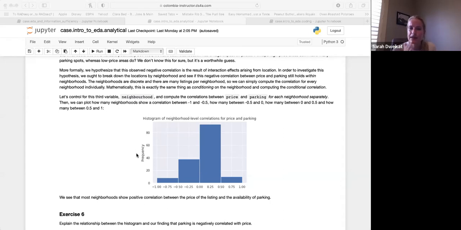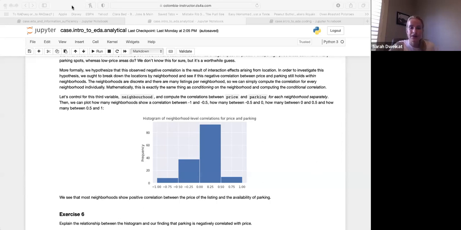So why do you think that overall, when we plot all of our rental data points for New York, we see no relationship, slightly negative, but when we break it down by neighborhoods, it seems like more neighborhoods actually have a positive correlation with parking, which means again that as price increases, so does parking? This is tricky because parking is a yes or no, but the positive just suggests that as price is increasing, there's parking. Really great answers.